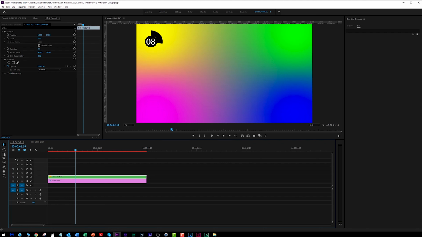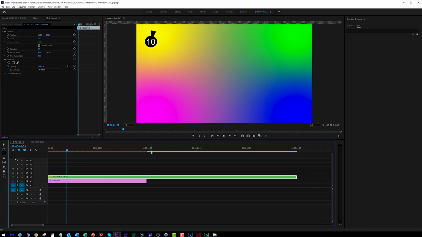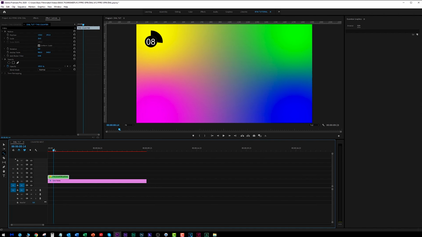You can also use R. Let's say we're on the regular arrow. If I come over here, watch what happens when I press R. It selects the rate stretch tool. Same deal. You grab the end of this, you make it small, super fast counter, or you could take it and stretch it and make it really, really long. And there you go. It's a simple way to make a counter